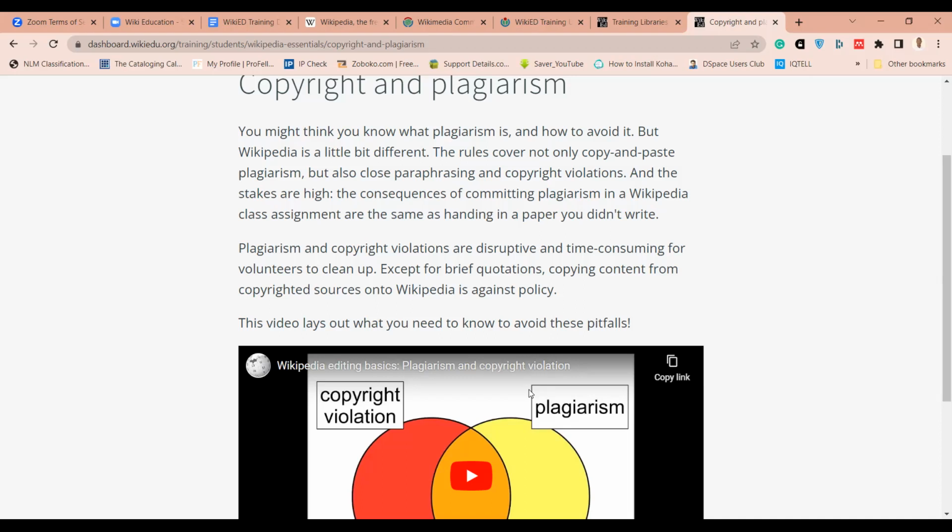The consequences of committing plagiarism in a Wikipedia class assignment are the same as handing in a paper you didn't write. Plagiarism and copyright violations are disruptive and time-consuming for volunteers to clean up. So, except for brief quotations, copying content from copyrighted sources onto Wikipedia is against our